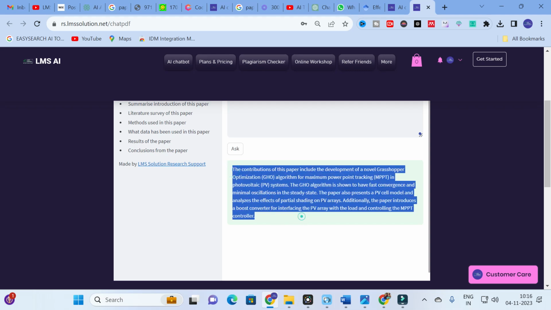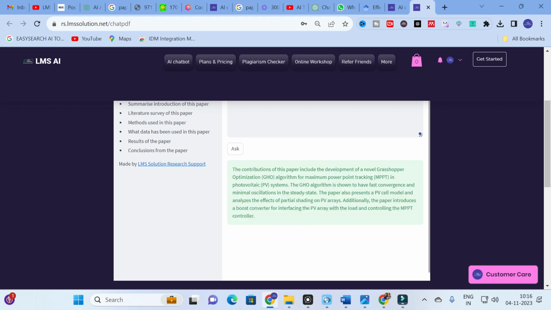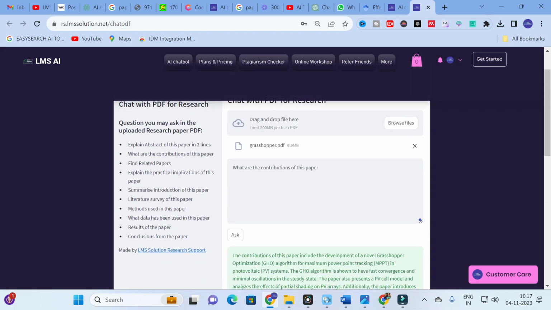So here it will give what is the contribution, what is the technique used in this paper, why the technique was used, and what are the components in this particular paper. So this itself is enough for you to make a better literature review. Next we will move on to